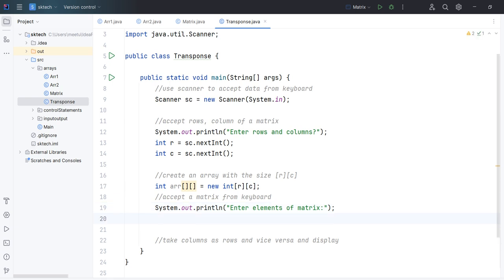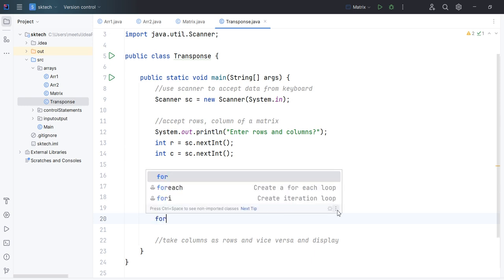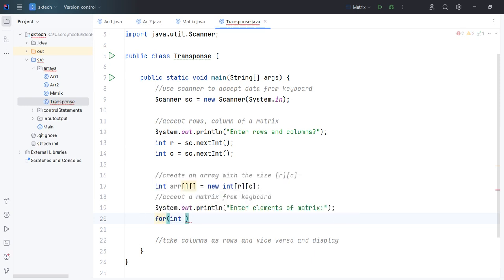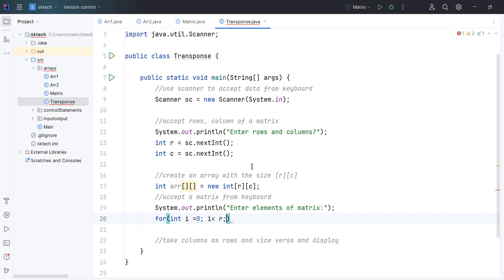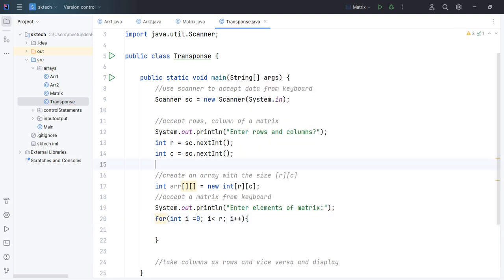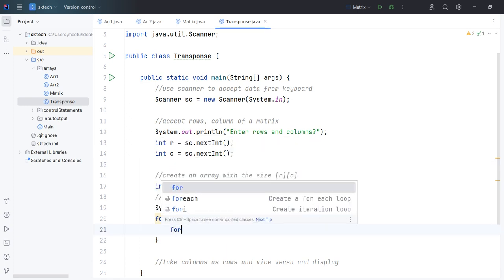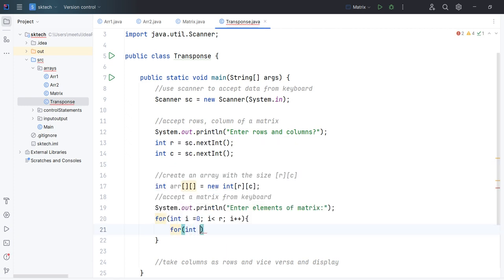First one is for the rows and second one is for the columns. So let's write a for loop: i is less than, what is the number of records that we are going to store in the row? That is nothing but the row itself that we stored here, row, and then i plus plus. Then it will come inside, and this will be another variable, let's say j, and j is less than column, j plus plus.